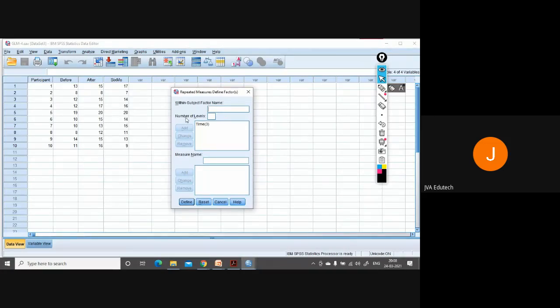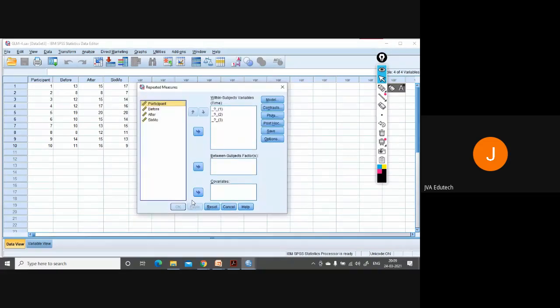Now, after naming the factor and specifying the number of levels, you have to add the factor and then define it. So this factor has been added already, and click on define. Now you can enter the levels one at a time by clicking on the variable name and then clicking on the right. Okay, so now we are selecting the participant.